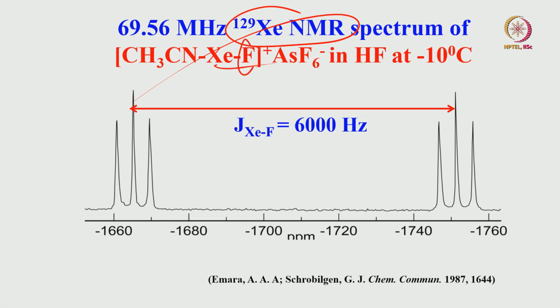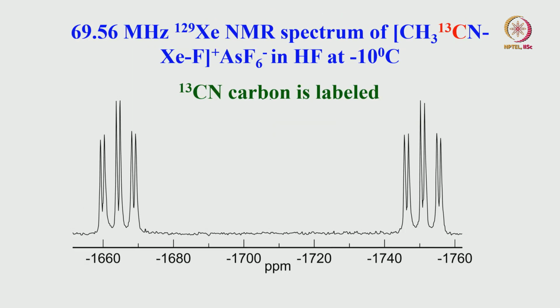This is spin-half nuclei, xenon 129. If you do it, it is going to be 6000 Hertz. You see, large coupling. And each of them is further split because of nitrogen 14 coupling, with intensity 1:1:1 expected. So, this is a xenon-nitrogen 14 coupling of 300 Hertz. And what happens in case